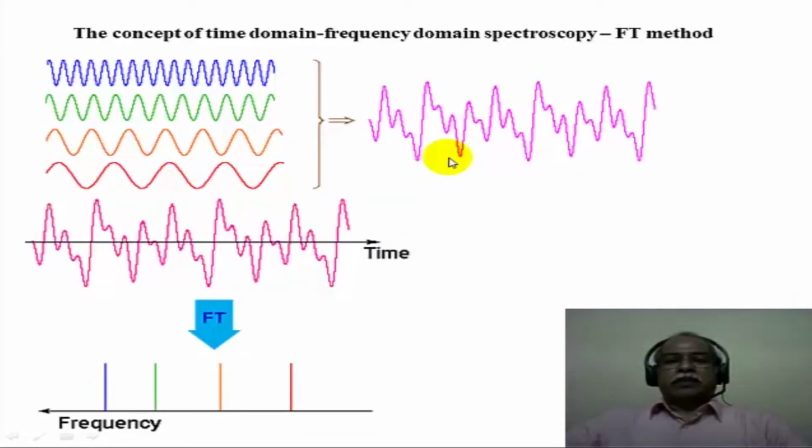If multiple frequencies are involved, then one gets a beat pattern like this, involving, let us say, for example, in this case, 4 different frequencies, with a high frequency in the blue and the low frequency in the magenta color that is shown here. And the time domain spectrum looks something like this with a free induction decay, and when it is Fourier transformed, the individual frequencies are sorted out, and the process of sorting out the time domain spectrum into a frequency domain spectrum is what is known as the Fourier transformation.